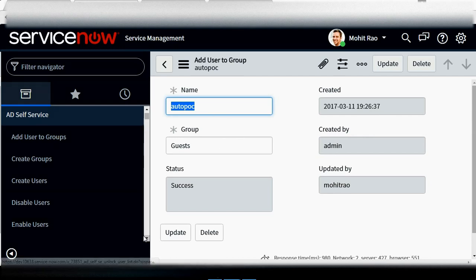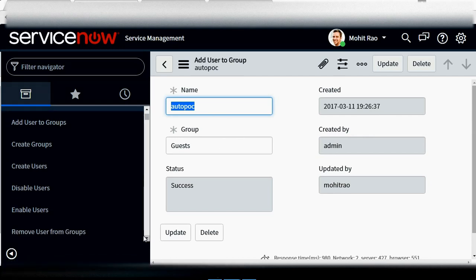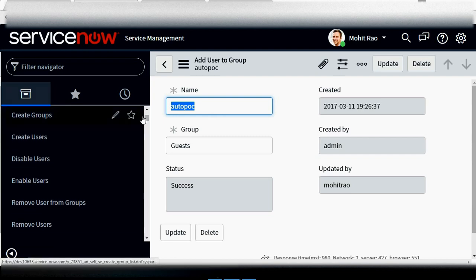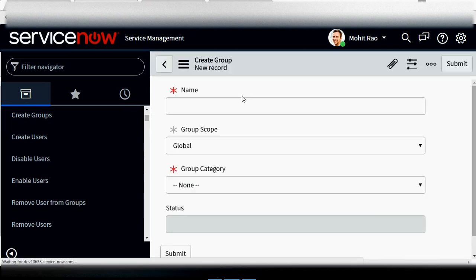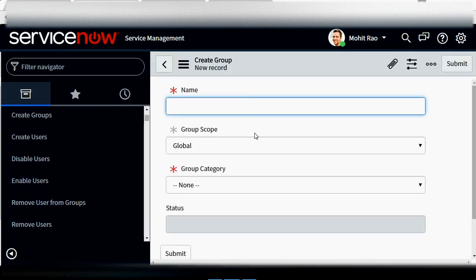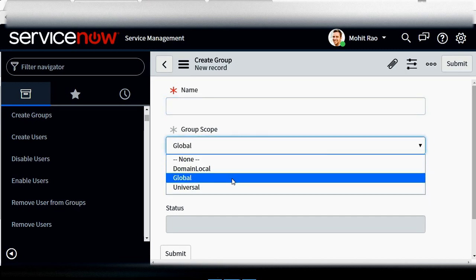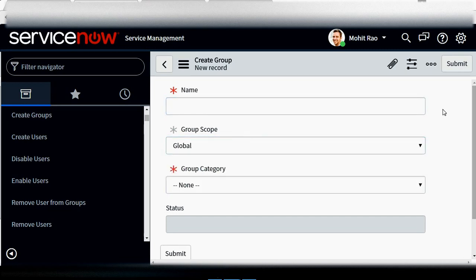So like that you can do n number of actions here. Even you can add drop down menus. For example, to create a new group, you have to fill some custom fields like group scope or group category. So it can be domain, local, global, or universal. So you can add drop down menus here. You can add checkbox here. Multiple things. All the options that you have in an ASP.NET or MVC can be added here. That's the power of a self-service portal, right?